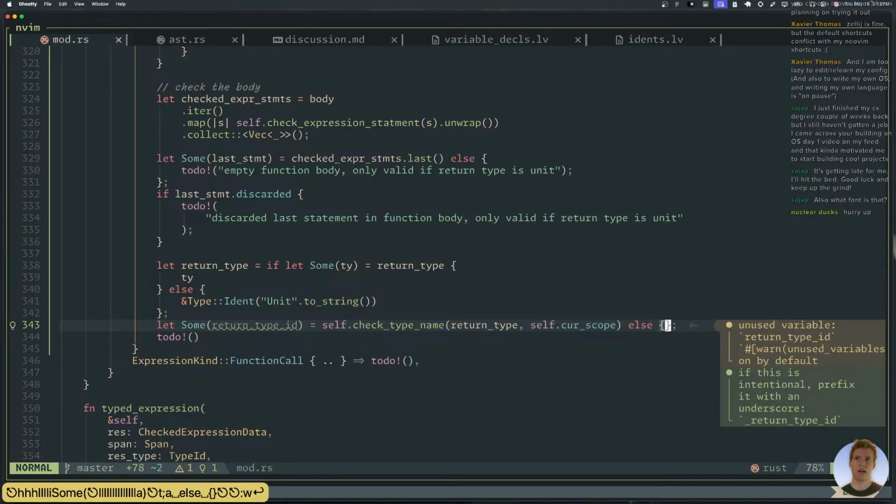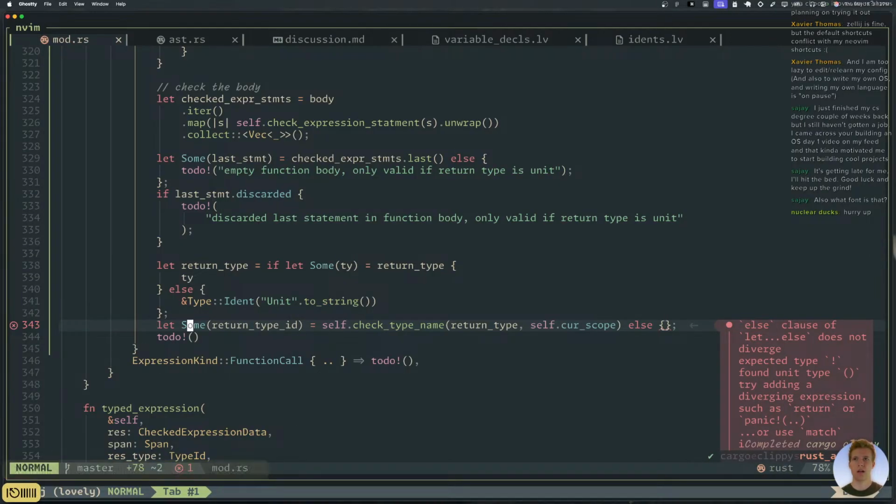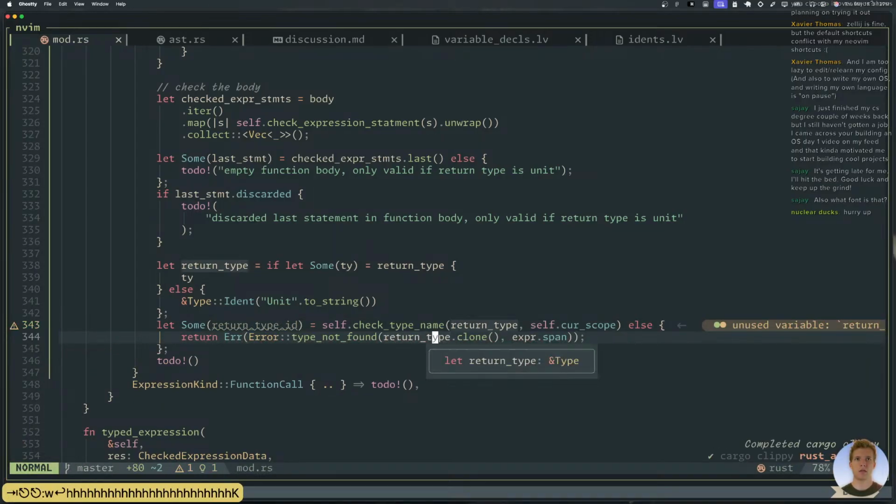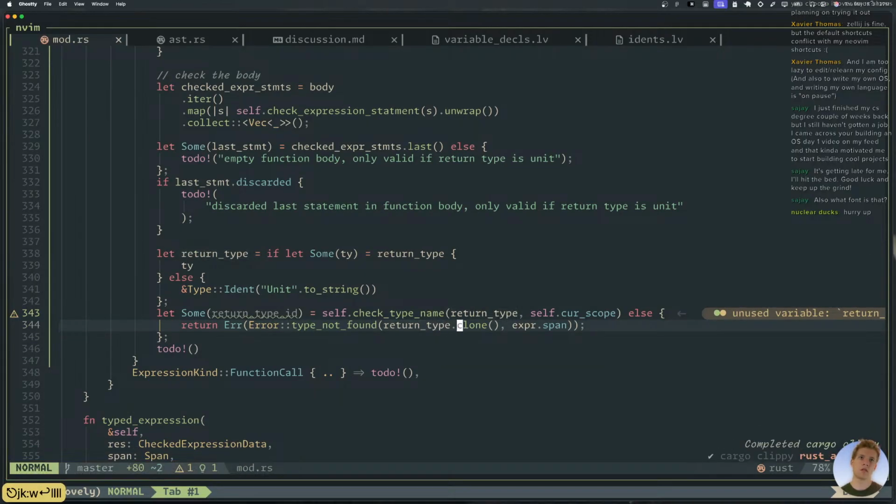If we don't have that, now we'll have a real type ID. I'm going to say type not found. There's that. Well, I'm not sure if I want this span. It's probably not the right span. It's okay.